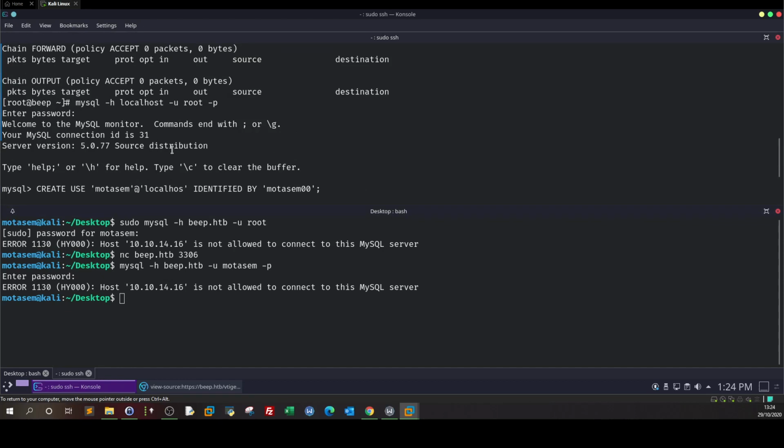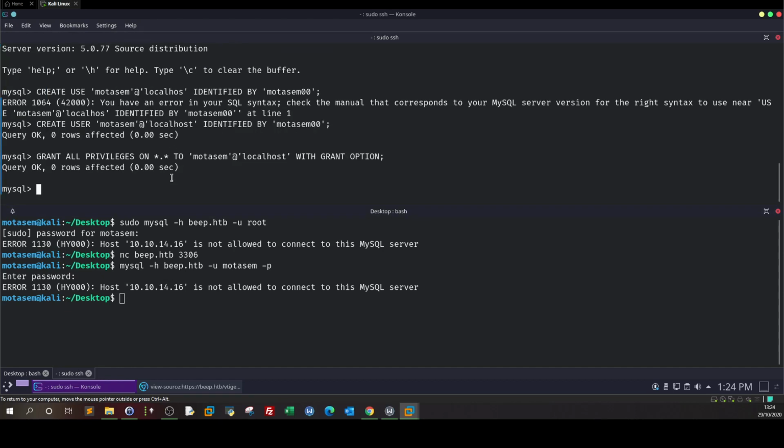Let's go up. Create user. I think we have to do that two times in order for this to take effect. Yes. So here we forgot to put the percentage here. Identified by, and here we put your password. So here this rule is for logging in